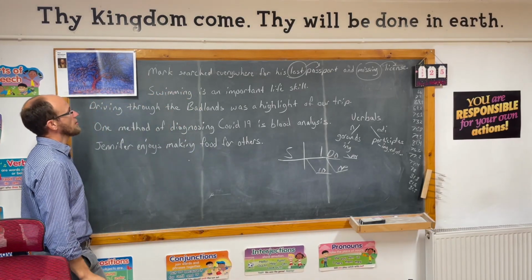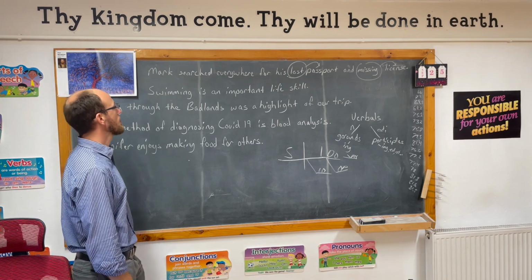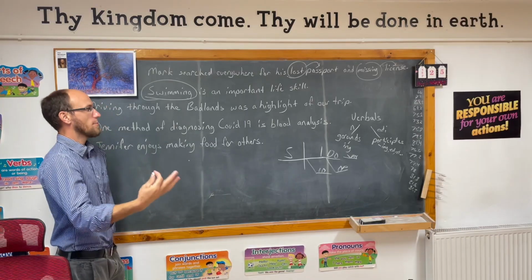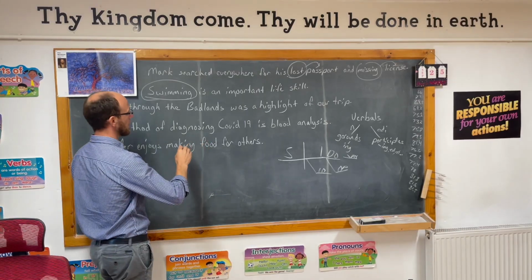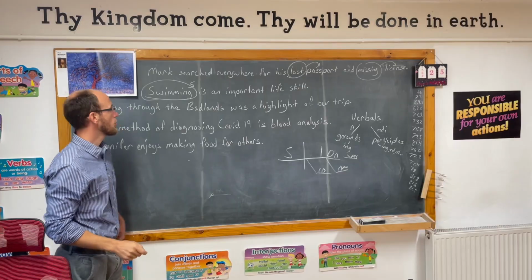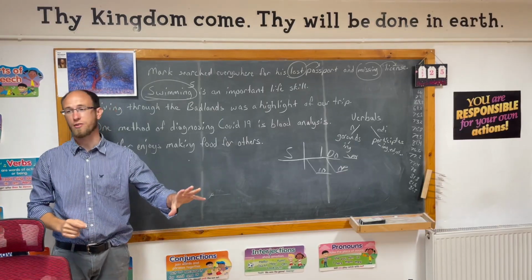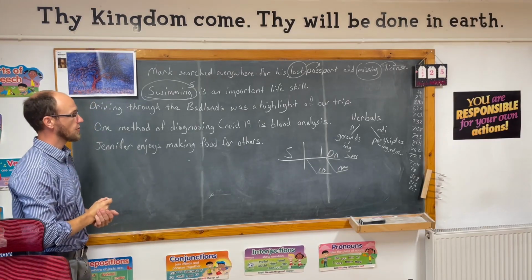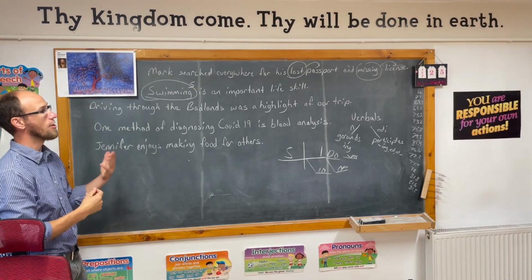Okay, what is the gerund in this next sentence? Swimming is an important life skill. Swimming. Now, how's it being used in the sentence? Subject. Great. What you could think, if it helps you, is you pull that out and put in this. This is an important life skill. Where do we put the this on the diagram? And gerunds should always be able to be replaced with this.